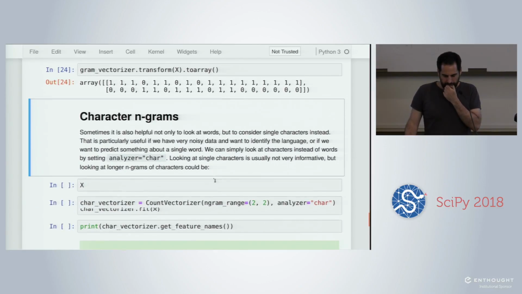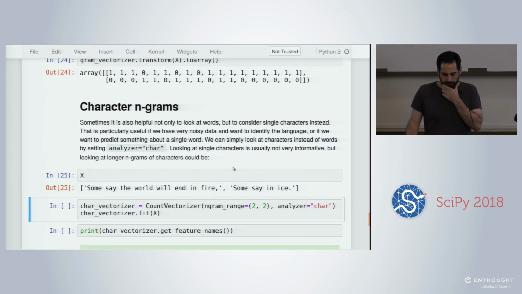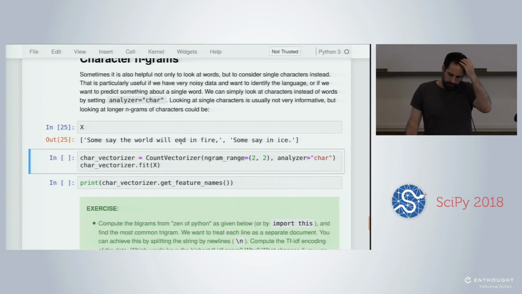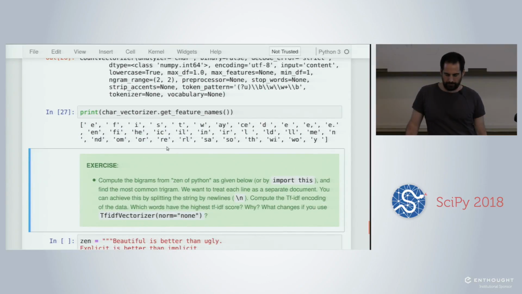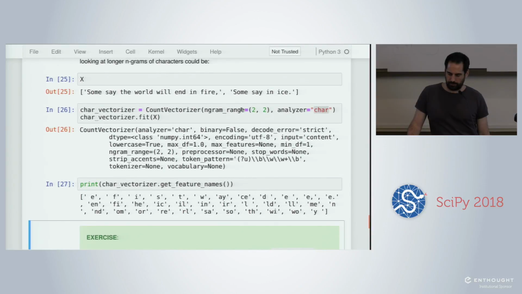Okay? So if we take the same training set, there is another option in CountVectorizer which is called analyzer equal character. If we use the character analyzer, which is basically a tokenizer plus some additional step, instead of the word tokenizer, then we have a very different vocabulary. We have as the feature names the individual characters, and because we took bigrams,